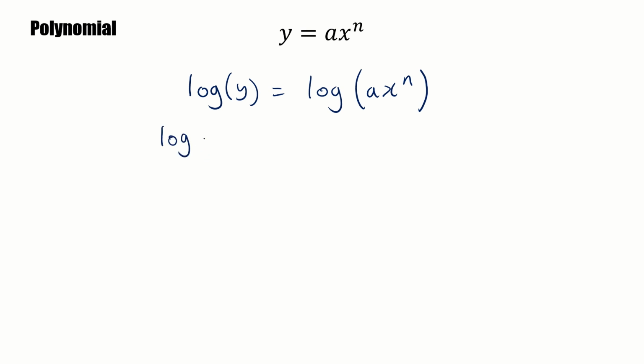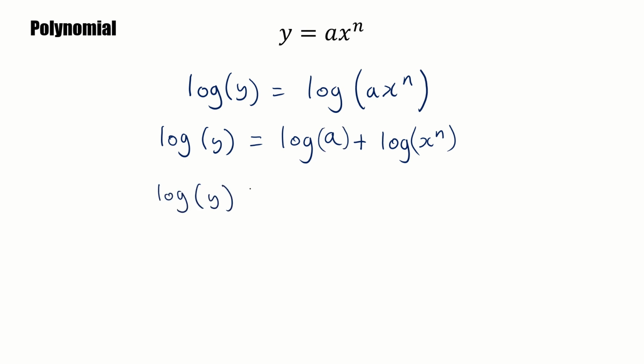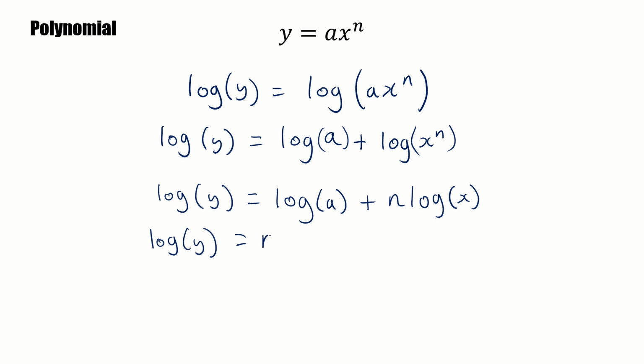So therefore, we can use the log law that allows us to rewrite this as log of a plus log of x to the power of n. Then we could use another log law to help us rewrite that power of n as a multiplication out the front of the logarithm instead. At this stage you might be wondering, so what? But if I rewrite this stuff in a different order, it might make it a bit easier for us to see what's going on. So we could have log of y is equal to n lots of log of x